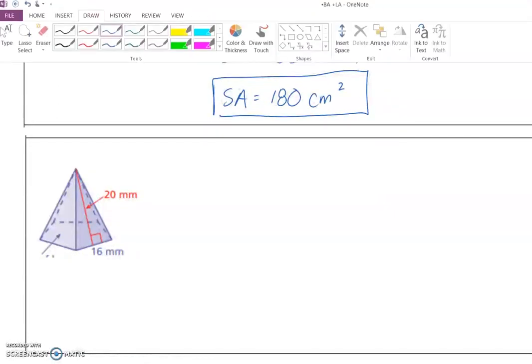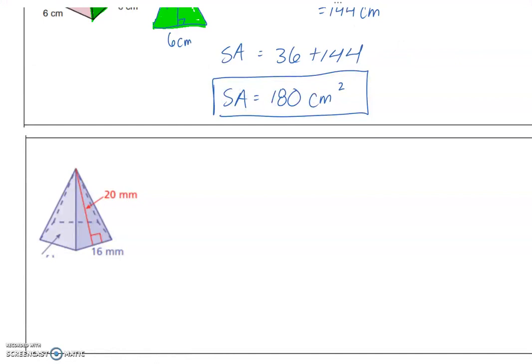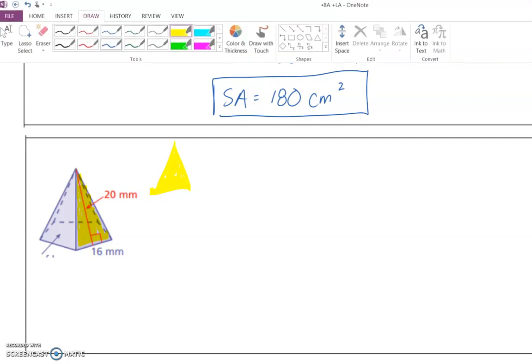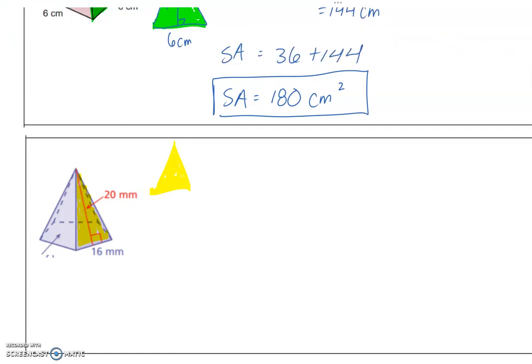Okay, folks, we're now going to go over this pentagonal pyramid here. First thing I'm probably going to do is the lateral area in this scenario, just because it's more manageable than that pentagon. I'm going to save the best for last. The base of that triangle is 16 millimeters, and then the slant height that they're giving me on the surface there is 20 millimeters. Remember that when you're finding the area of a triangle, you cannot forget to do that 1/2 base times height. Oftentimes people forget that 1/2. So I'm going to do 1/2 times the base, 16, times the height of that triangle, 20. 1/2 times 16 times 20 gives me